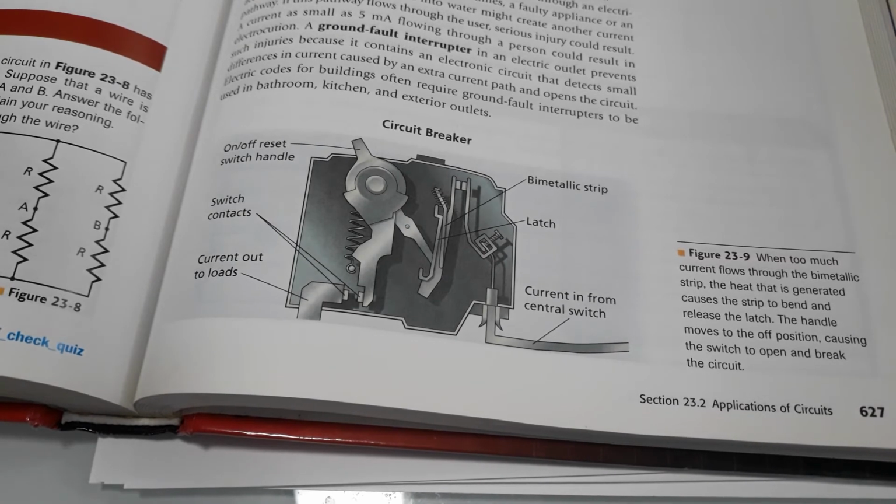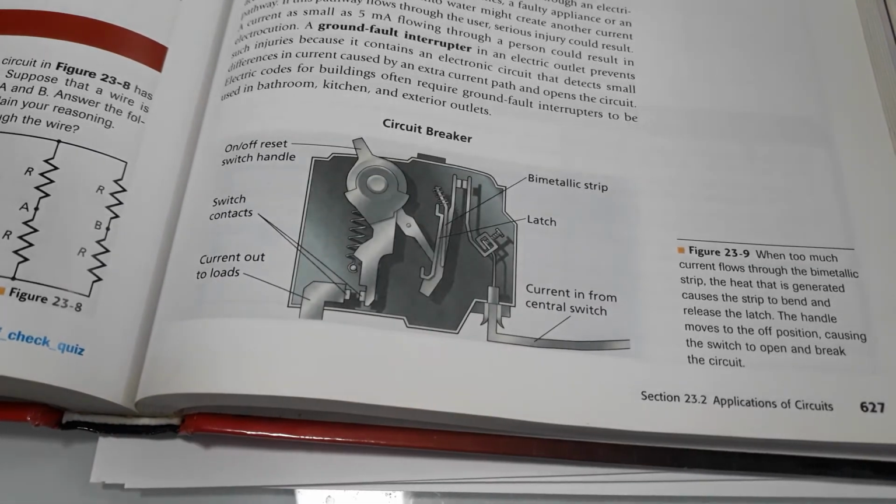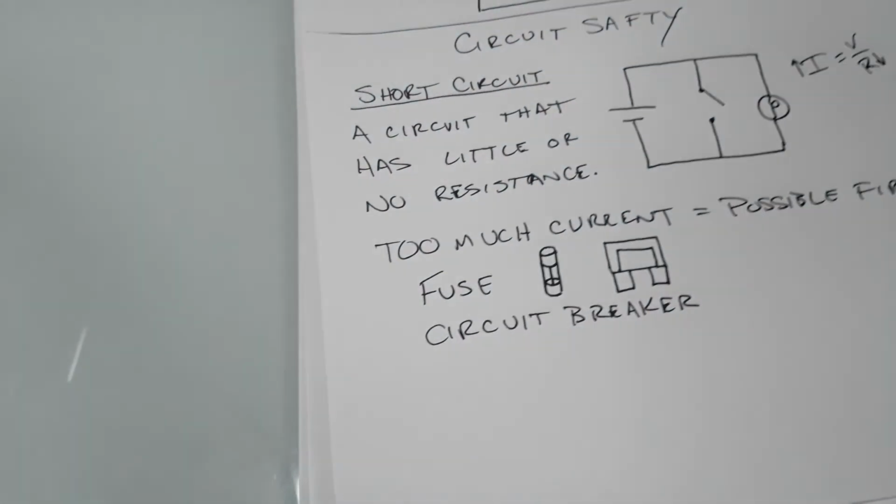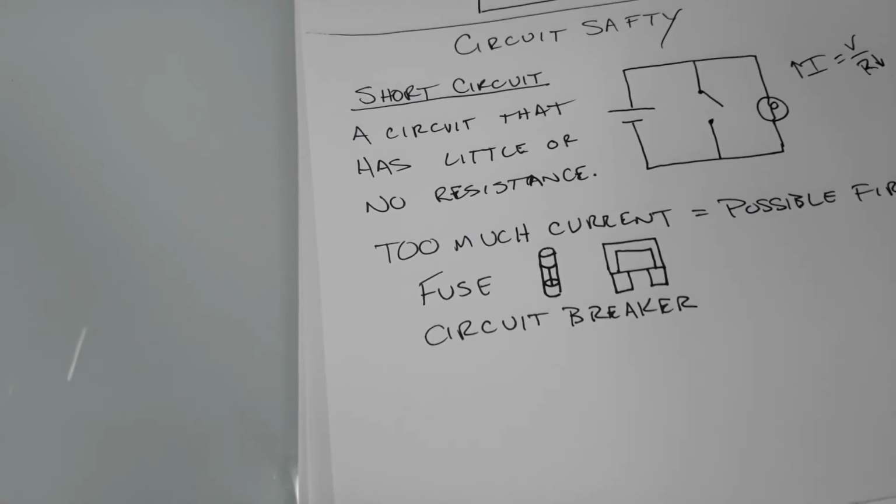Unless you failed to disconnect one of the electrical devices, in which case it's going to flip again. So obviously, before you go down and check your circuit breaker, you want to disconnect some of the things that you had connected. You have too many things connected to that outlet, or you have a very large electrical circuit in your house and you've overloaded a portion of it. So you want to disconnect some of that material. Okay, so that is the circuit breaker, and both the circuit breaker and the fuse are designed to prevent fires from occurring. Okay, so the last device then is